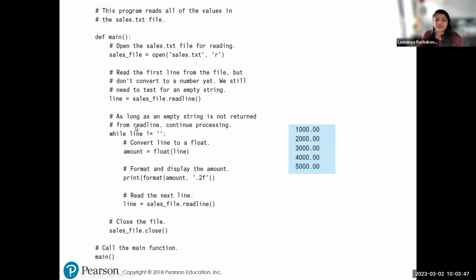So this line 2 will be checked in the condition of the while block, and then you are checking if that is an empty string. If it is not, the operations are performed. And let's say you have like 5 different lines of data in the sales.txt, and after 5 iterations,